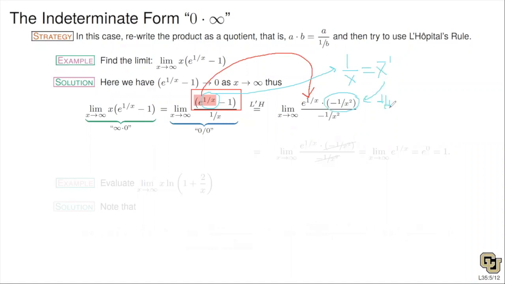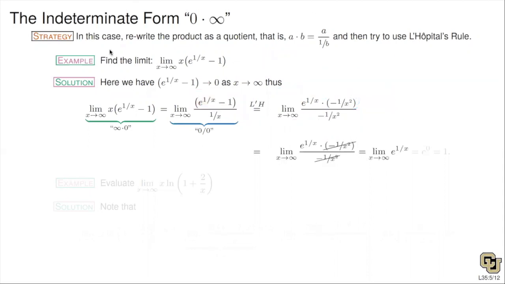And in the denominator, we just have 1 over x here. And so again, that's x to the minus 1. So the derivative there is minus 1 over x squared. And so now we can do some cancellations. I can cancel this minus 1 over x squared in the numerator and the minus 1 over x squared in the denominator. That just leaves us with